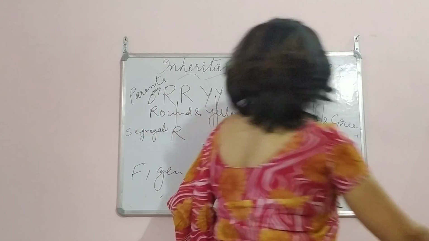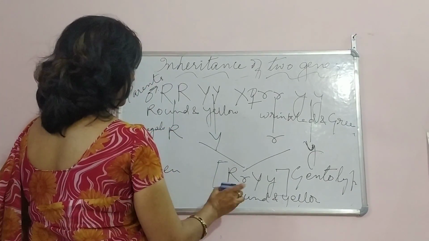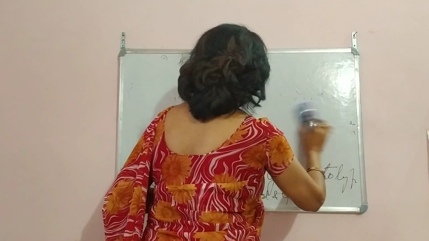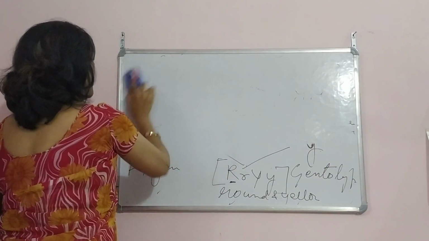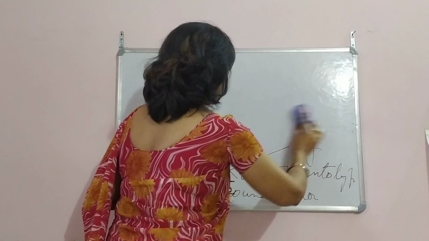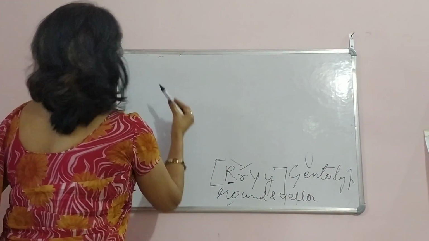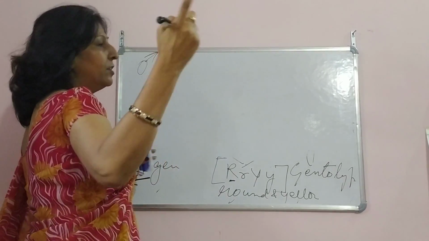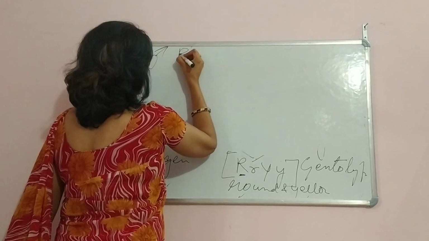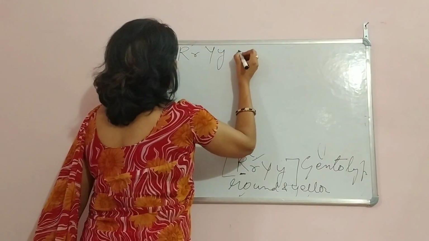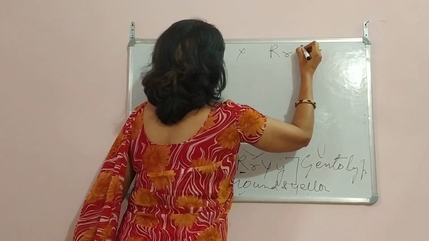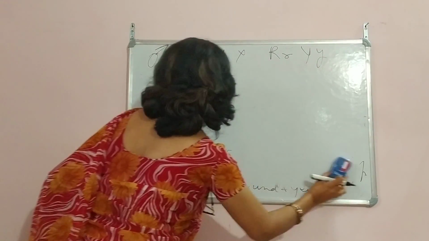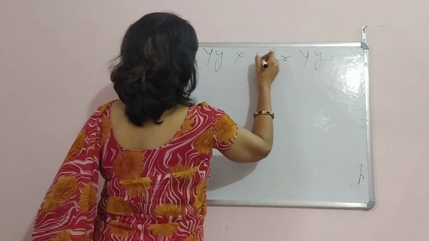Okay, now after that, the crossing. From here it comes, capital R. I'll just leave it so that you get connected. I'll not rub the other one. So just keep doing it along with me, children. Don't sit idle like that. So we have a parent. Self-crossing, as you remember, we did it over there. So we have capital R, small r, capital Y, small y, crossed with capital R, small r, capital Y, small y. Now I am rubbing this. So this is the father, this is the mother.